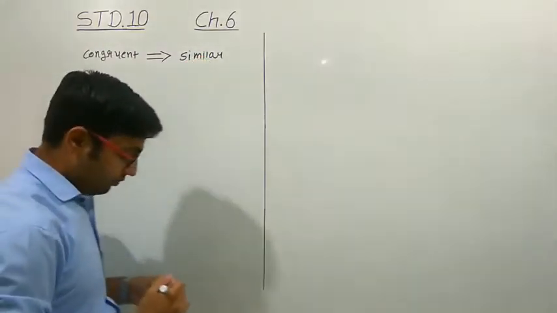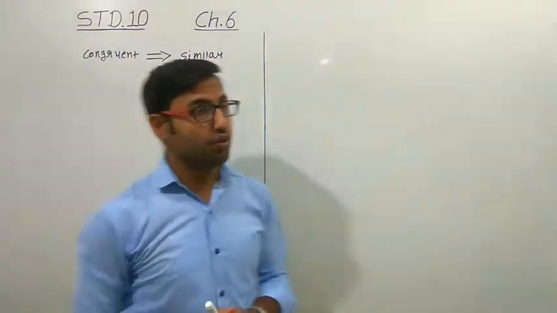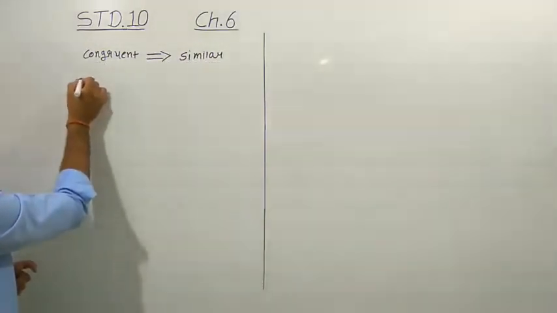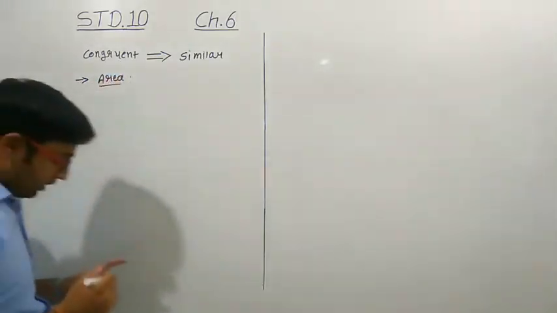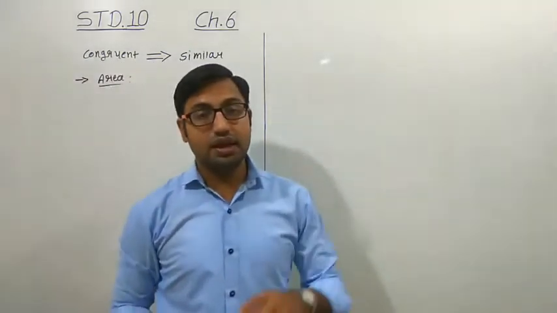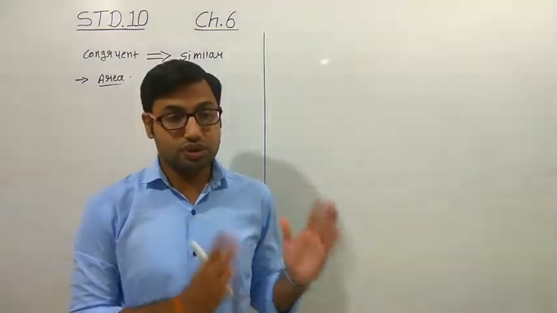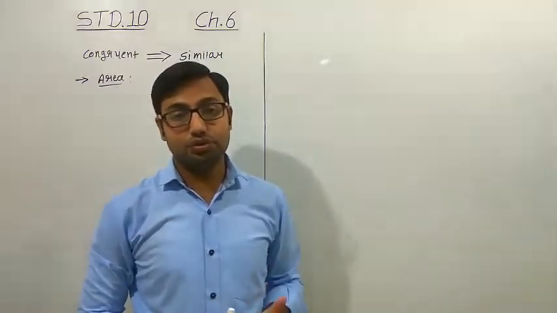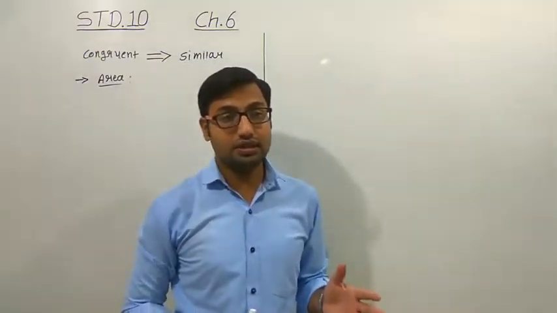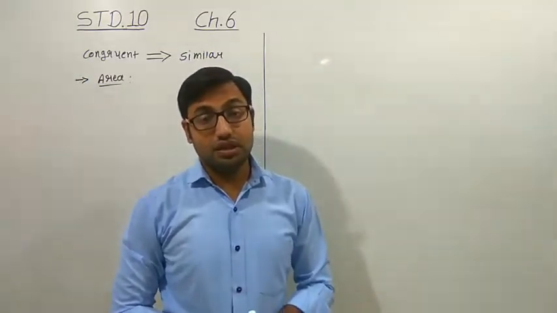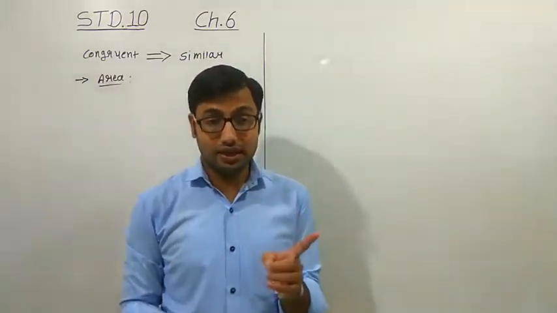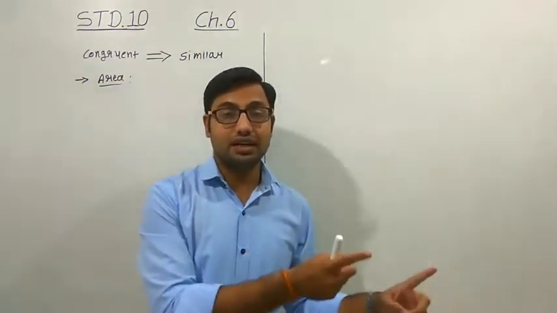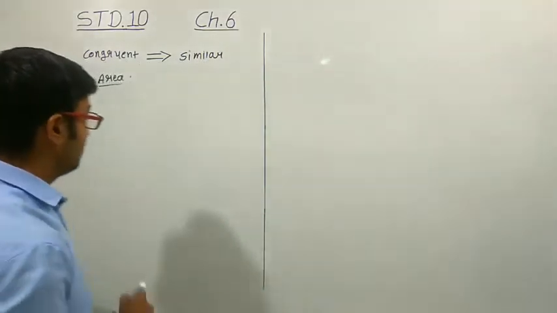Okay. So now we will discuss one more concept that we have studied about the area. Right? We have seen the relations between the angles and sides of the two similar triangles. Now we have to study that if the two triangles are similar, then there is a relation between the areas of the two similar triangles, and the relation is with the sides. So what is the relation?